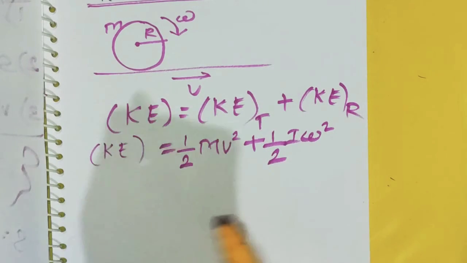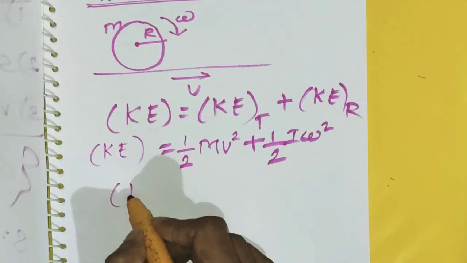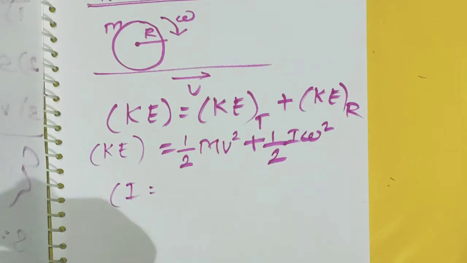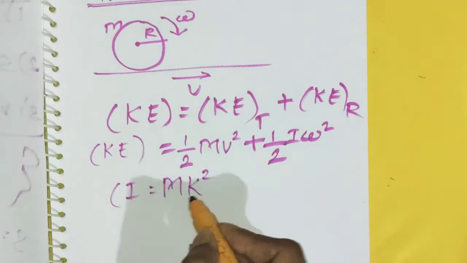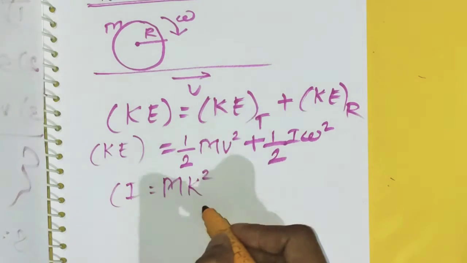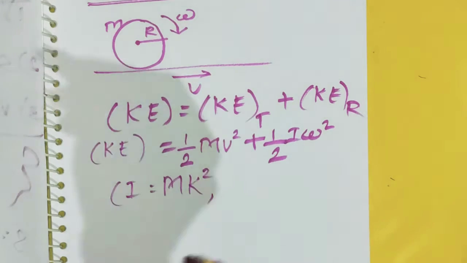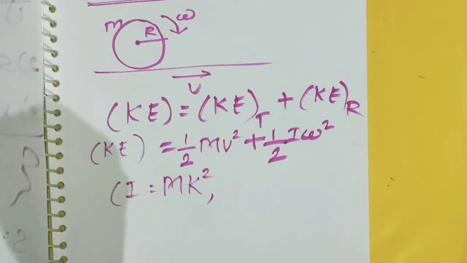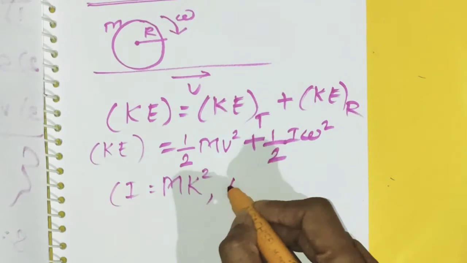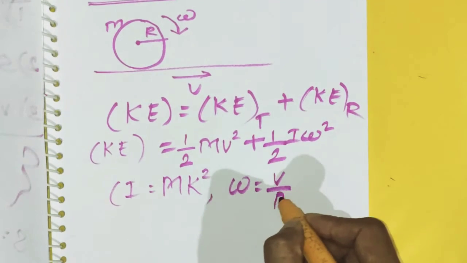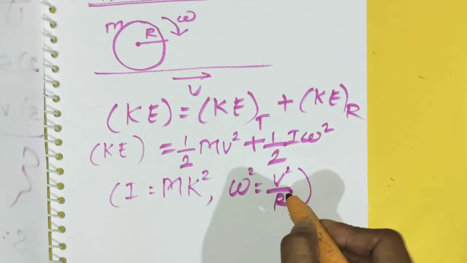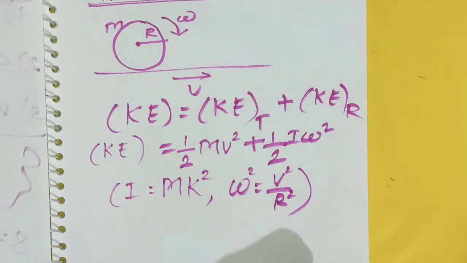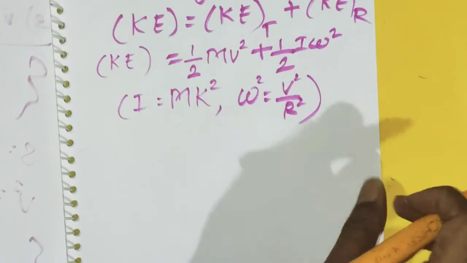Let us consider I, the moment of inertia, which is mk square, where k is the radius of gyration. We know the relation between linear velocity and angular velocity, that is v is equal to r omega, so omega is equal to v by r. Therefore omega square is equal to v square by r square. Now by putting these values in the above equation,